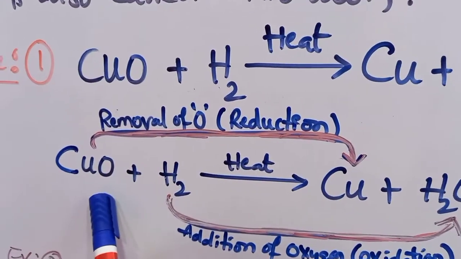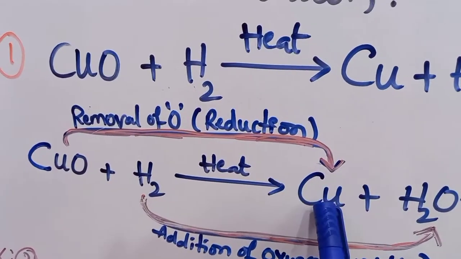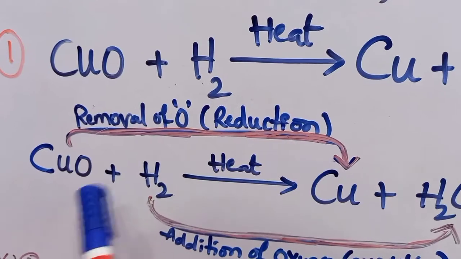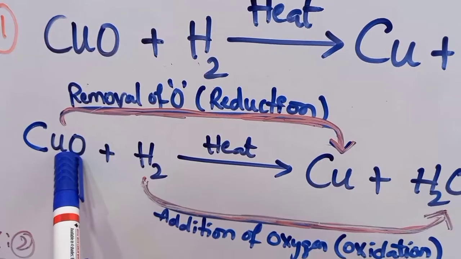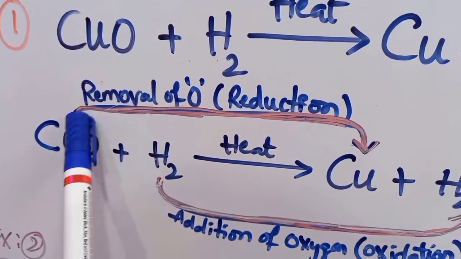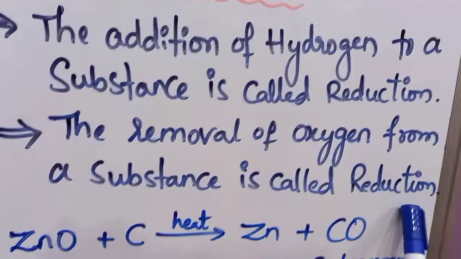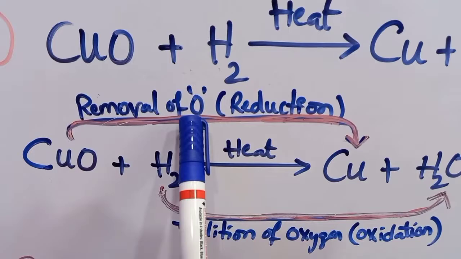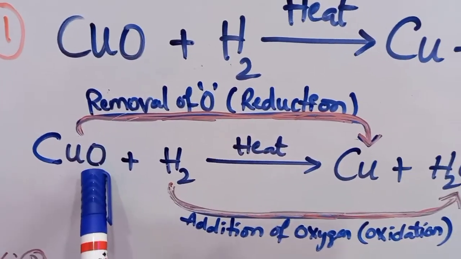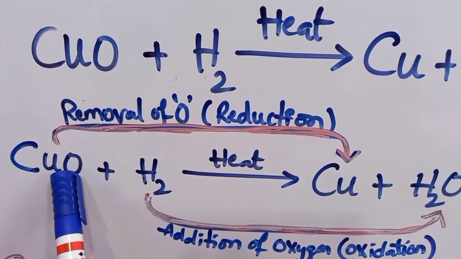So first, CuO is the copper oxide, which after the reaction has converted into Cu. CuO is converted into Cu. During this conversion, it has lost its oxygen atom. There is removal of oxygen atom taking place from this compound. So removal of oxygen is nothing but reduction. As I have already said, the removal of oxygen from a substance is called reduction. Okay, so here copper oxide underwent loss or removal of oxygen atoms. One oxygen atom is removed, and therefore the CuO has converted into Cu. That means CuO is said to have undergone reduction.